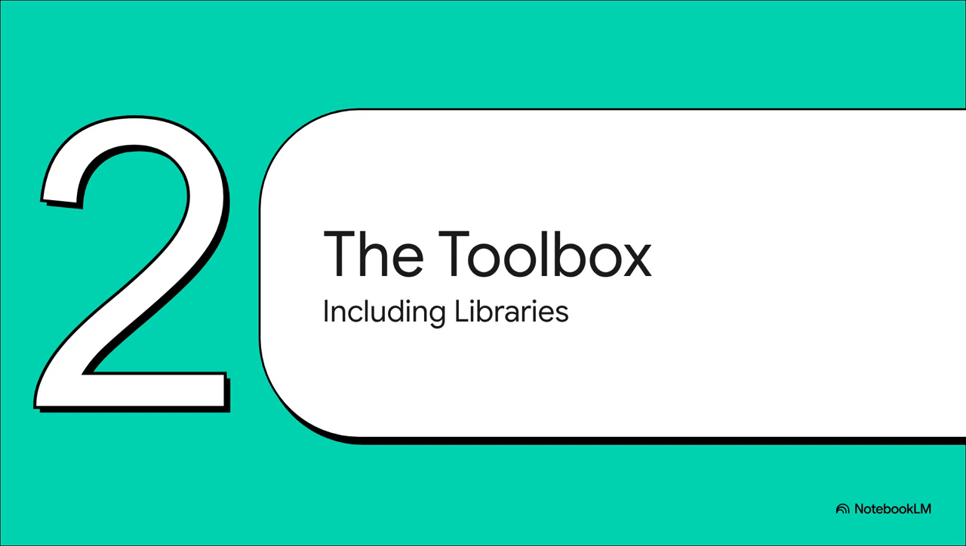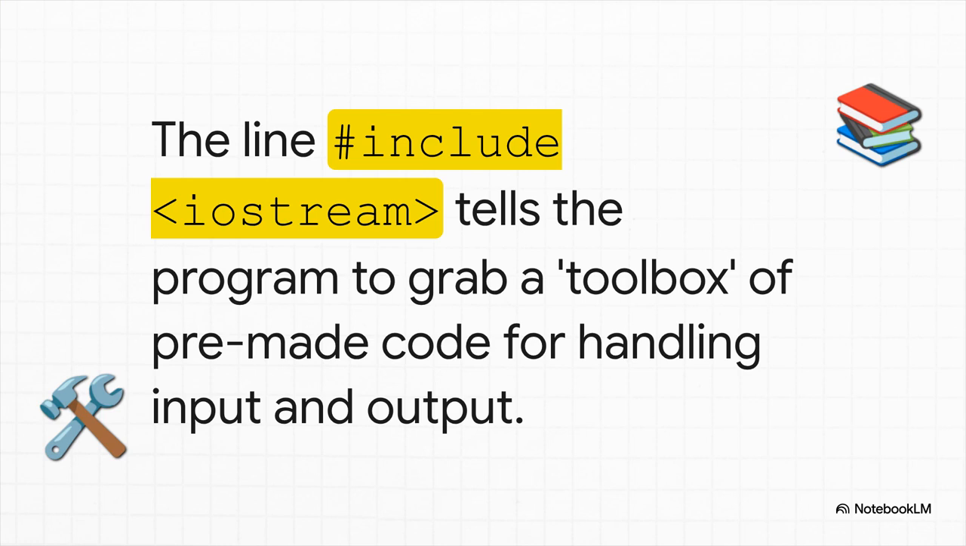All right, so we've got our engine, our main function, but an engine by itself just sits there, right? To actually do something cool, like, say, print text on the screen, our program needs some tools. It's like going into a workshop. You've got to grab your tools off the wall before you can start building. And this line, #include <iostream>, is exactly that. We're literally telling our program, hey, before you do anything else, go grab the toolbox called iostream. And inside that specific toolbox are all the goodies we need for handling input and, crucially for us right now, outputting